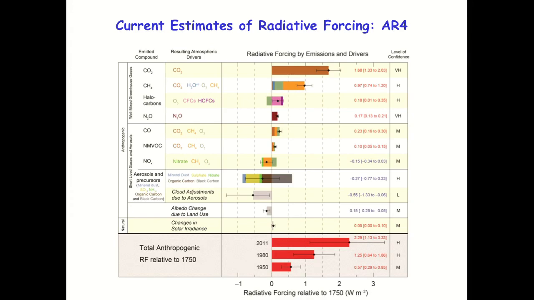And then we get back to our good old aerosols and clouds. And we've now split those into, for example, aerosols and their precursors. So we've got nitrate in here again, but we've got the mineral dust, sulfates, organic carbons, but also black carbon as well from biomass burning and anthropogenic burning, etc. Sulfate production, mainly from ammonia, nitrate mainly from ammonia. And then of course we've got black carbon, which is going to be a very good absorber.